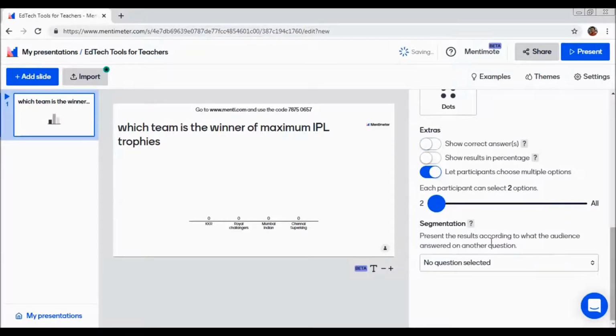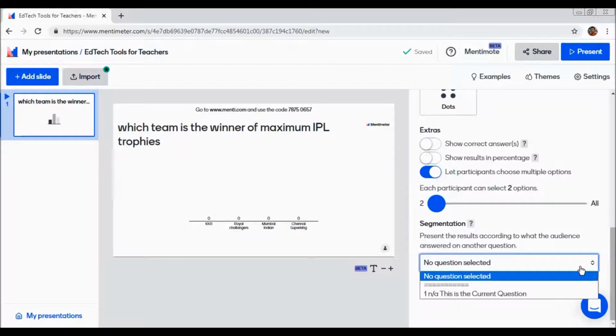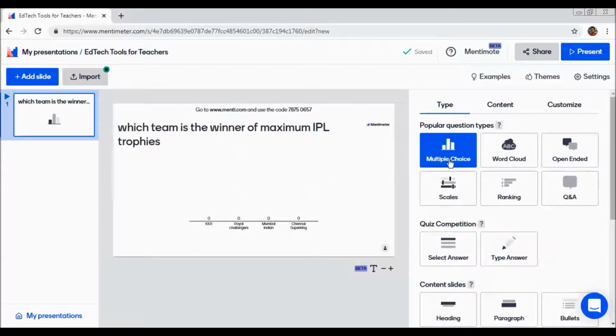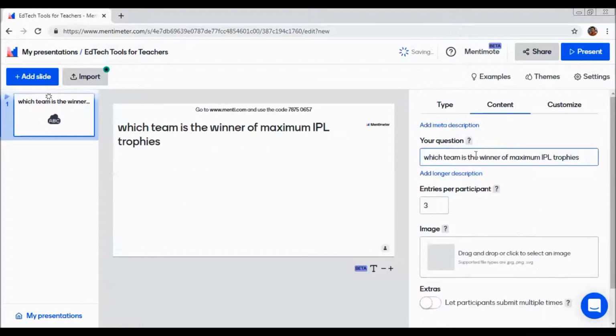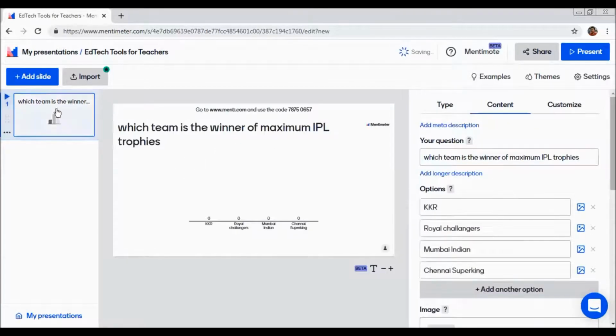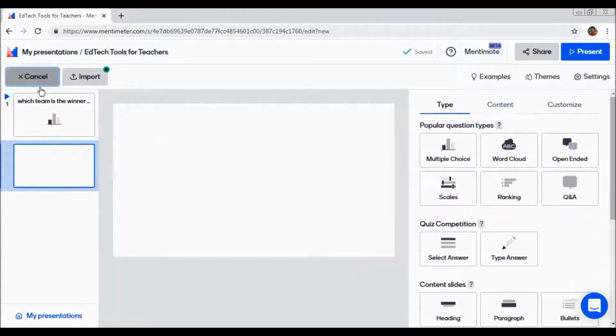And so here we go again. So this was the first question. As we have discussed, this is the first type. Now when we say type, this is the question which we have created. I'll be responding on this slide with my mobile phone also. I'll be showing you. The second one is word cloud, but right now we will select this one. I guess our questions were ready, so I'll go to the next slide. I've added a slide, and there I'll go for the word cloud.